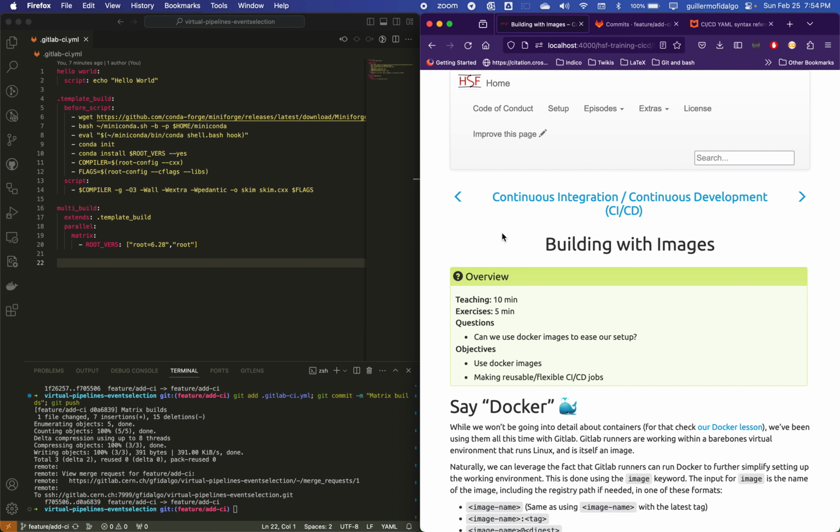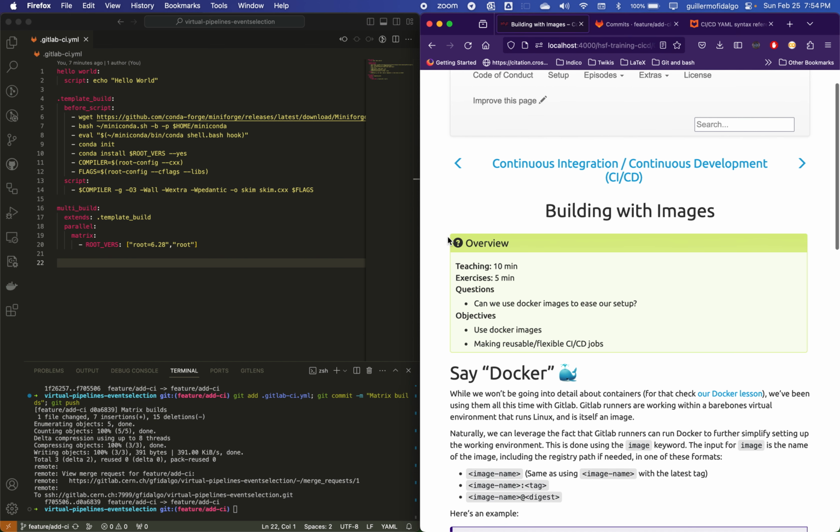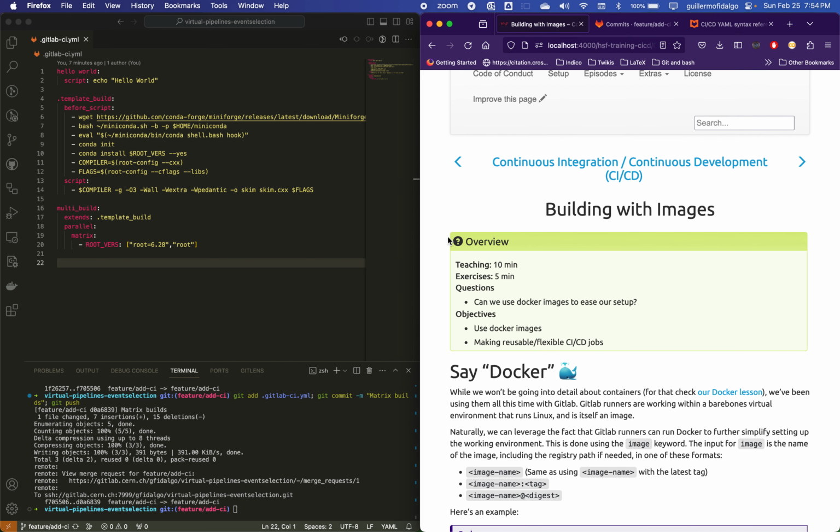Alright, hello everyone. In this video, we'll be talking about building with images. This might be familiar or very strange for you, but when we say images, we're actually talking about Docker images or containers. In this particular case, we're going to be using Docker containers as an example. The reason why we would do this is because Docker containers allow us to significantly reduce